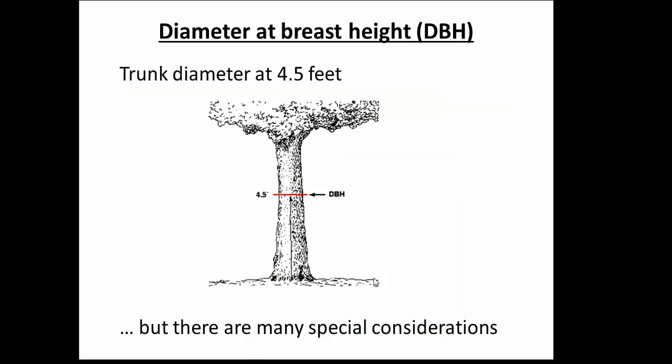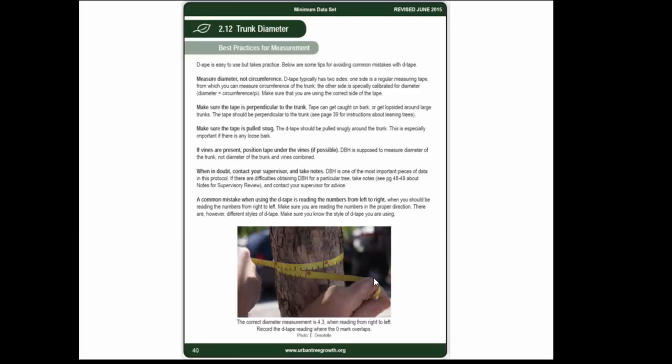So as most of you probably already know, trunk diameter at 4.5 feet is DBH. But there are many special considerations. And while it's not rocket science, there are so many strange little rules about how you're supposed to record DBH that it can get quite confusing for newbies to this process. And what we wanted to do, again, to hopefully ensure the data quality would be high and enable more robust remeasurements, we created a kind of cheat sheet on best practices for